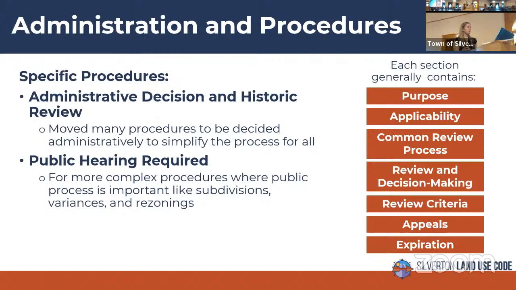So the specific procedures establish the applicability of each procedure, and then list any relevant procedural detail for that specific procedure. So there's a specific procedure for variances. There's a specific procedure for rezonings. And they all have a flow chart that walks you through the process. And again, those are separated between administratively approved or Historic Review Committee approved, versus those that require a public hearing. Next slide, please.